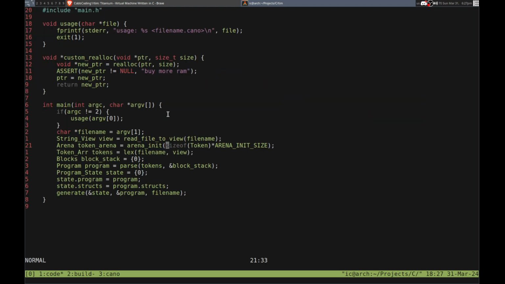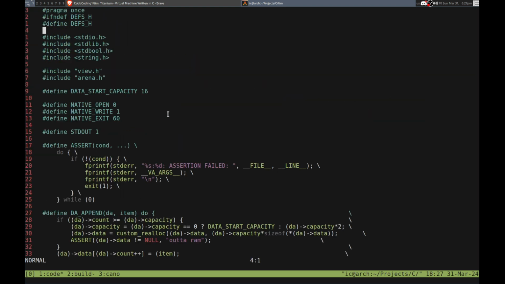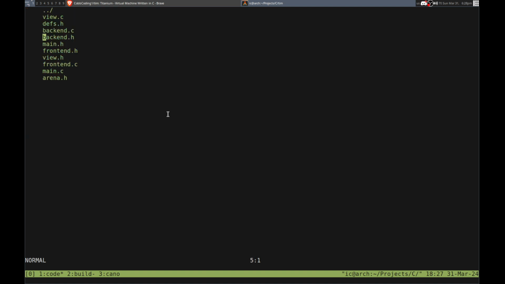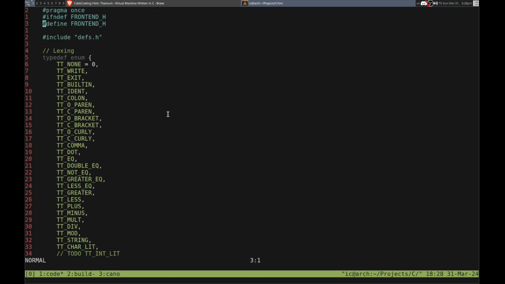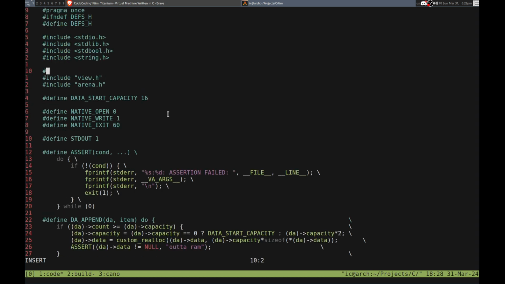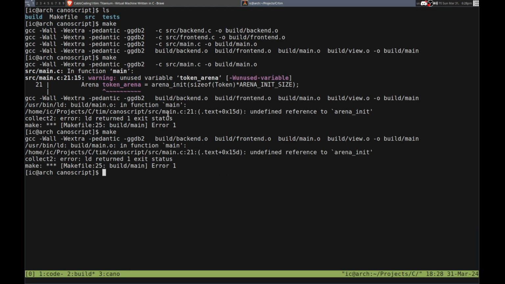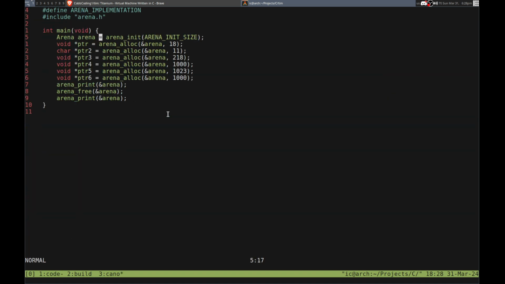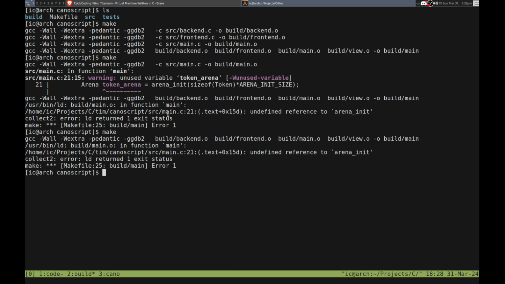Oh, yeah. So undefined reference, because I have to define. Let's see, I have to do it the same way that I do the other thing. Hang on, this might not work. Can I just define arena implementation? Okay. Arena init, is that not what it's called? It is arena init. So why is that? Alright, it doesn't look like